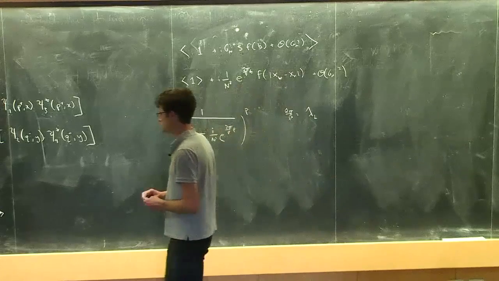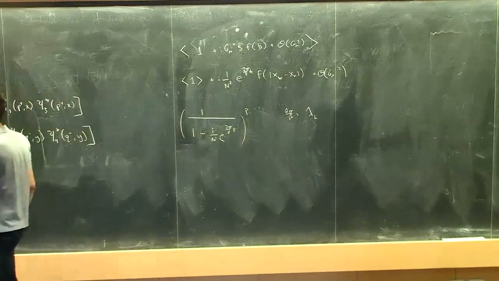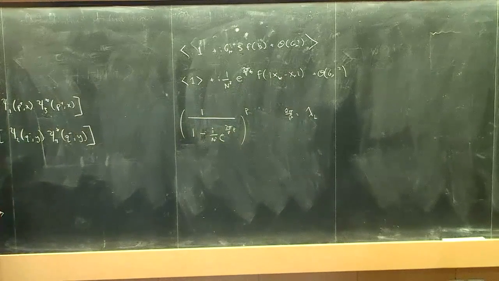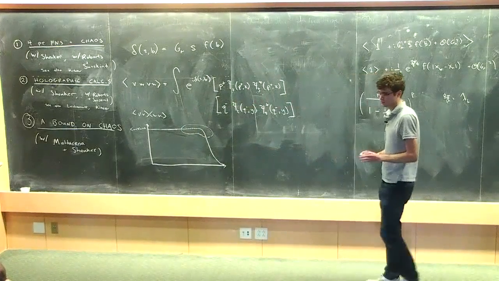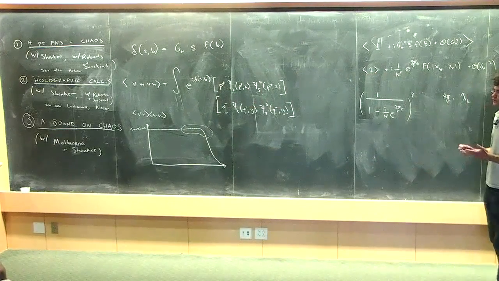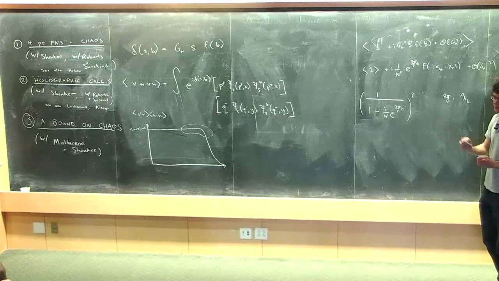So, good. That can happen if the V and W operators have a non-zero two-point function in the thermal state. Here, in this analysis, I'm assuming that they have a zero two-point function in the thermal state. Great. One can understand the case where that's not true, but I'm ignoring it.